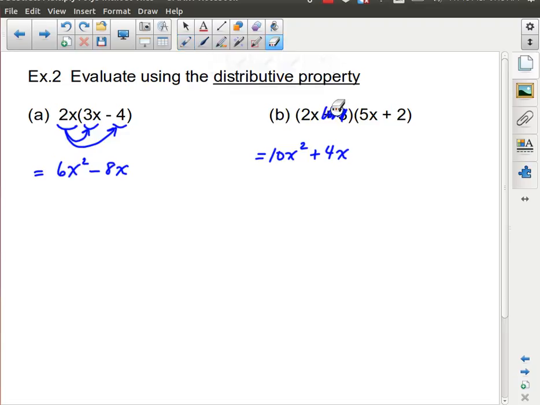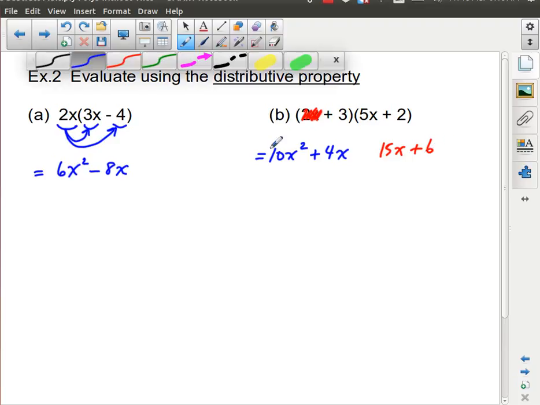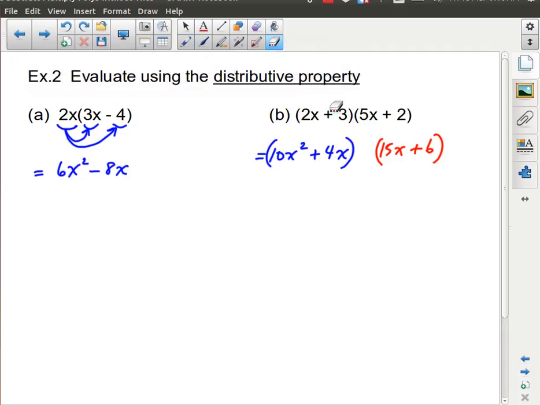If, on the other hand, I just had positive 3 here, then I would distribute this in. I'd say 3 times 5x is 15x. 3 times positive 2 is plus 6. So actually what I'm going to do is say that's what would happen if I had done my first distribution. That is what would happen if I did my second distribution. And if I'm doing both of them, there's a plus sign between them here, so there's a plus sign between them there. And so that becomes